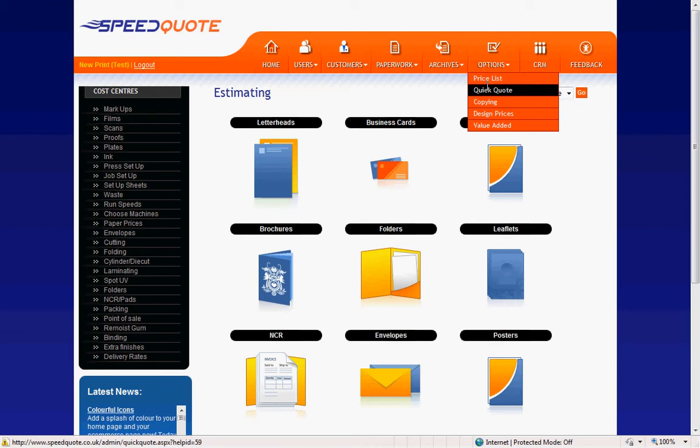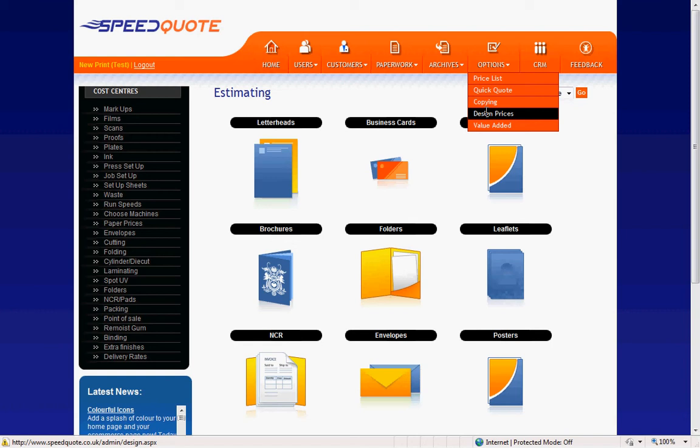Quick quote is a dumbed down option which appears on the e-commerce site and the national site, which enables buyers to quickly get a price without having to specify too many options. You can put in direct prices into the system here so that it will match those quick quote specifications. In copying, you can generate prices for copies and large format work,